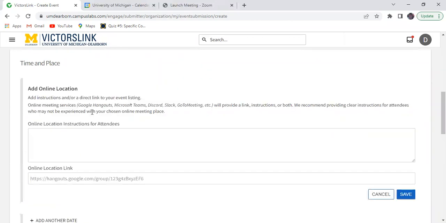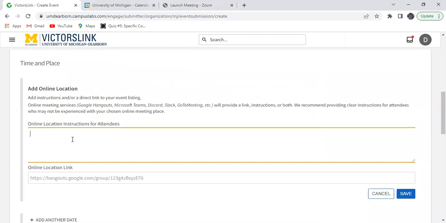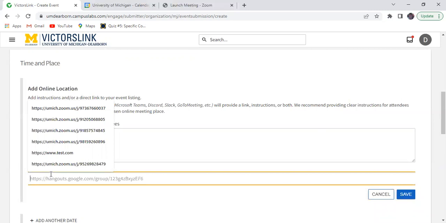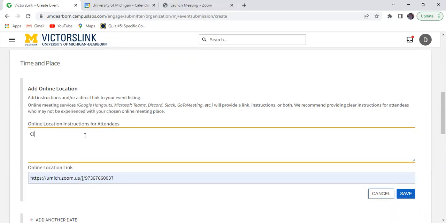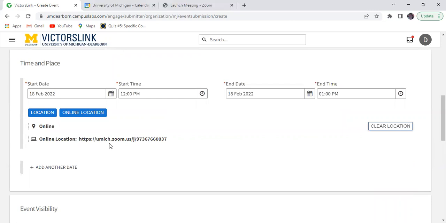I'll click cancel just so I can show you how to do the online location. For online location, you click online location, and then you just include any instructions that might be needed for your Zoom link. If you have a passcode or anything like that, make sure you put information on that here. If it's as simple as click the link below to join, just write that. Most importantly, you want to make sure you include a Zoom link, or a Google Meet link, or a Jackbox Games link, or anything like that down here, so people have some way to join your meeting once it's going. So I'm just going to make this an online event. Then you click save, and that's my location. It'll show up like that.